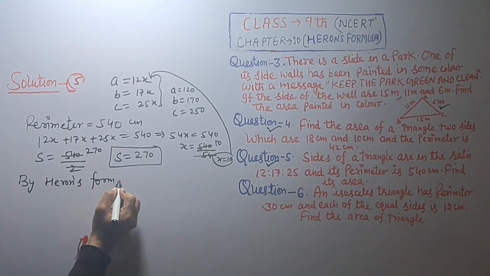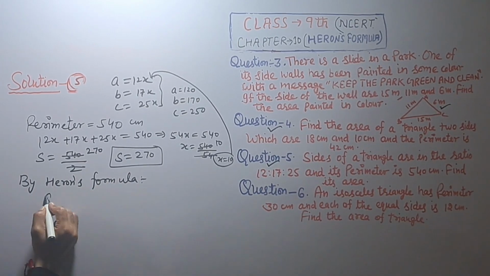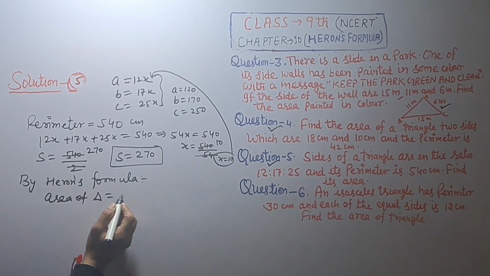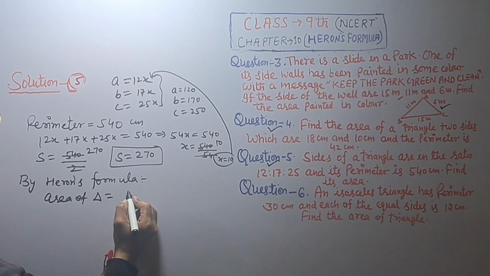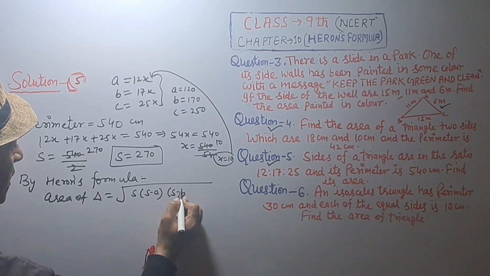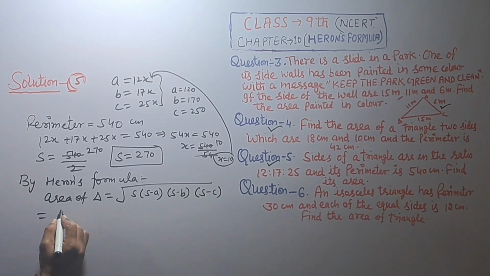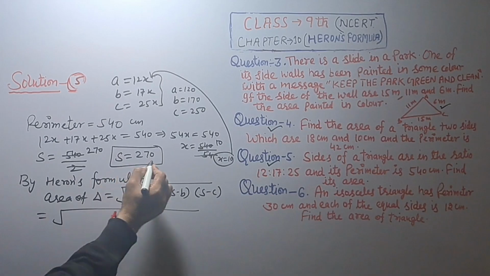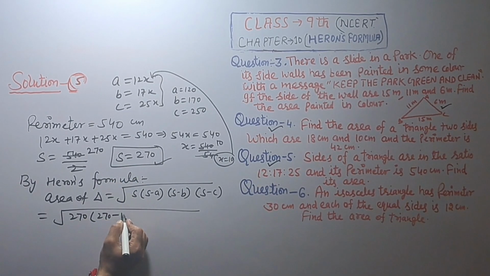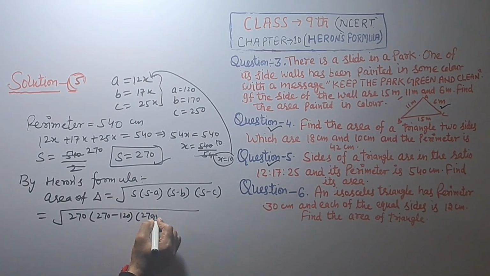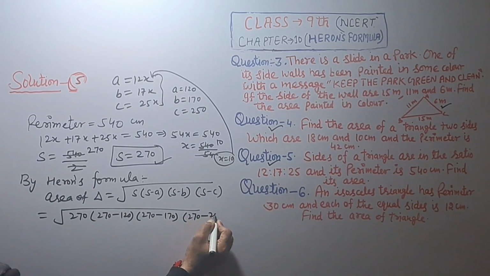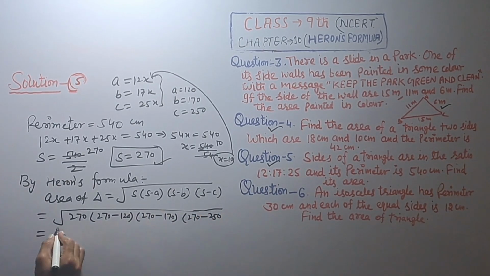S is equal to 270, and by using Heron's formula, area of triangle is equal to under root of s into s minus a into s minus b into s minus c. S is equal to 270, 270 minus 120, 270 minus 170, and 270 minus 250. That is equal to